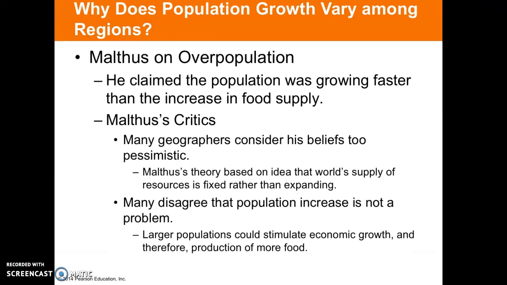So we're going to go over Thomas Malthus and the idea of overpopulation. Thomas Malthus lived in the late 1700s during the Industrial Revolution, and he wrote an essay called An Essay on the Principles of Population. And to understand where Malthus was coming from, you have to picture a world in